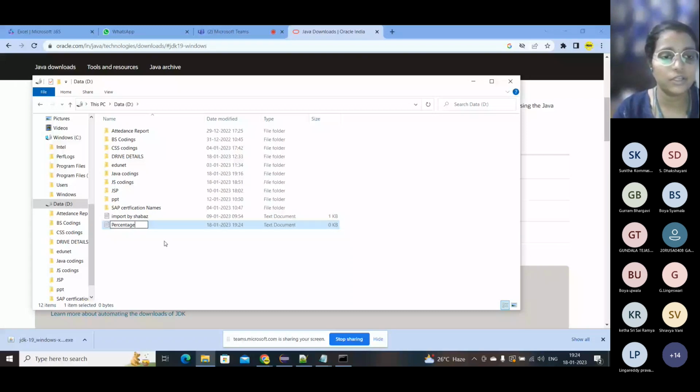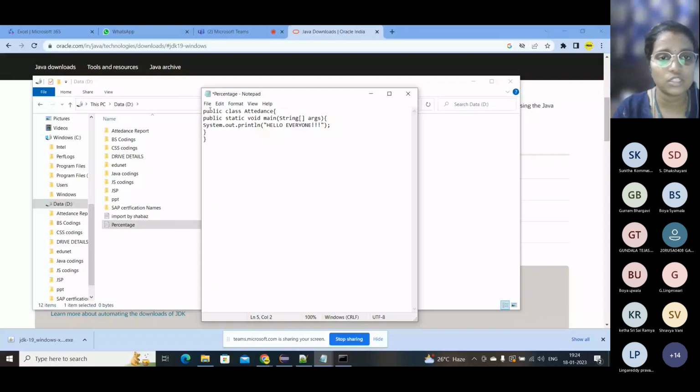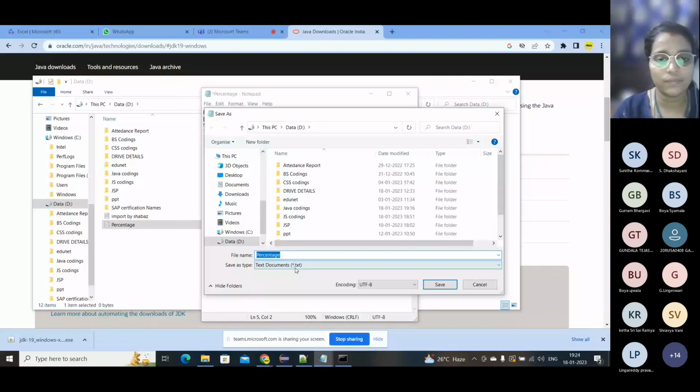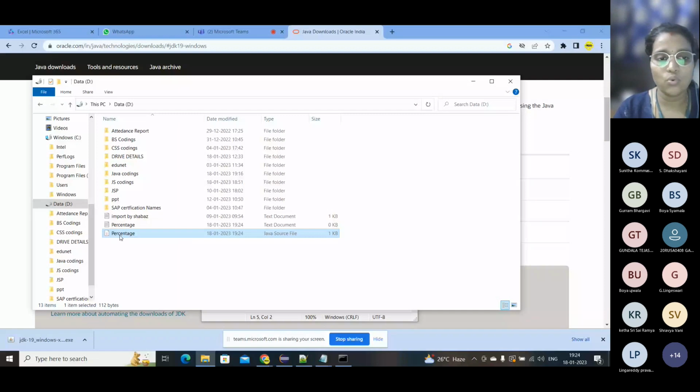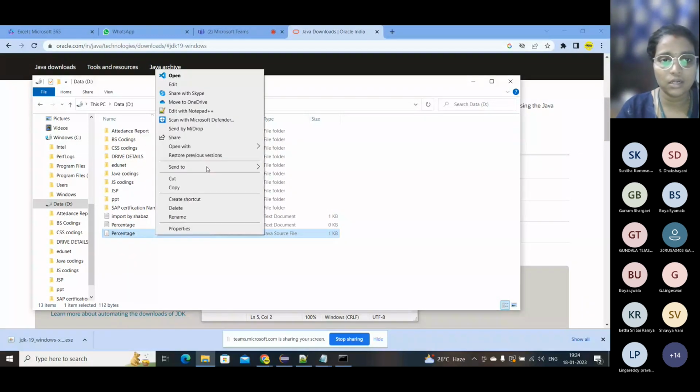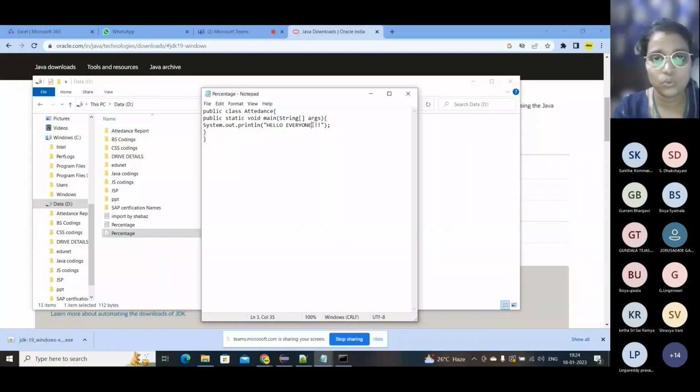So I'm saving it here, and just click on this and save the file information. Save as. I'm going to save this as .java. Okay, see here my .java file has been created. So now what I will do is just right click, go to this file, and I'm going to change this to